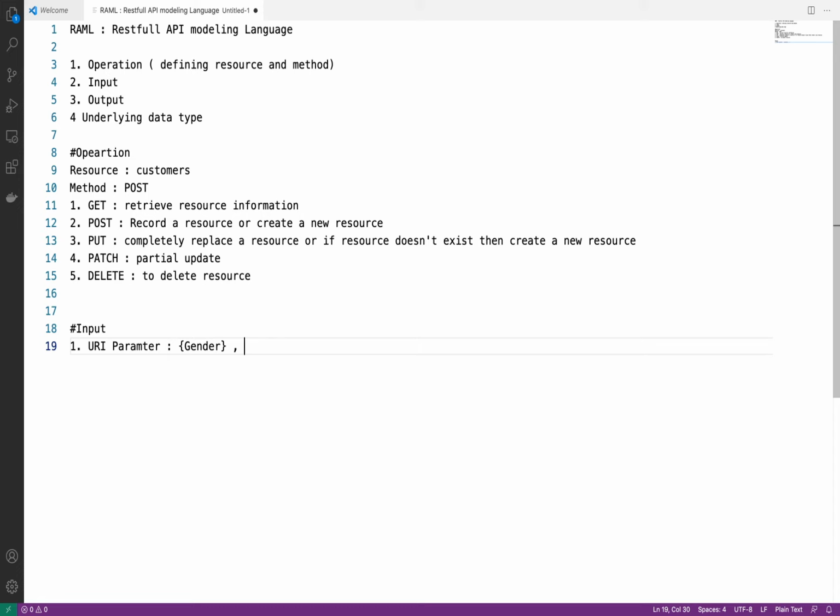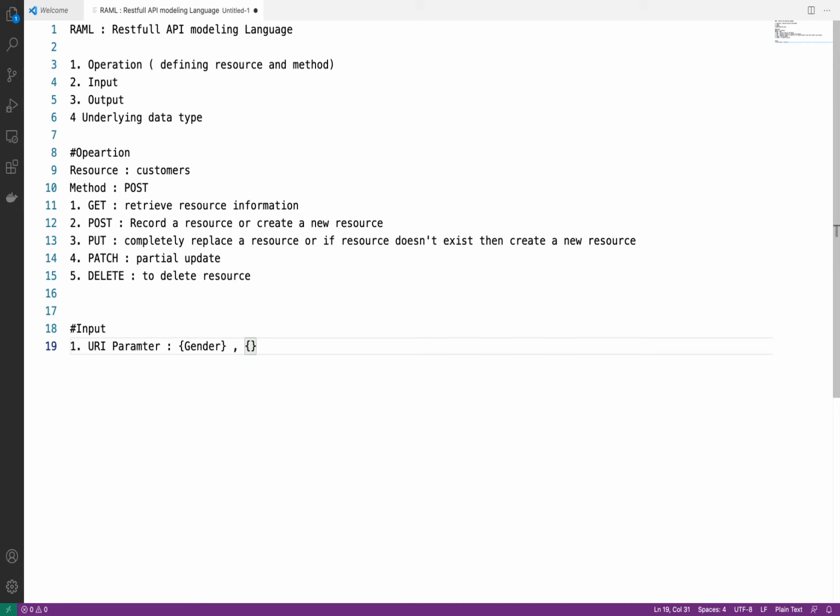For customers, we can also take customer ID as a URI parameter, since each customer will have a customer ID. So inside the customer resource, customer ID will be your URI parameter. Whatever nested resource you define, all of that will be a URI parameter.